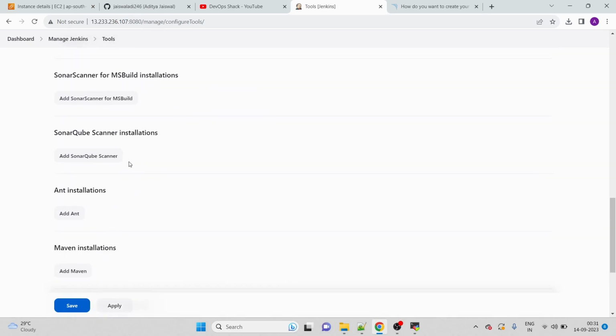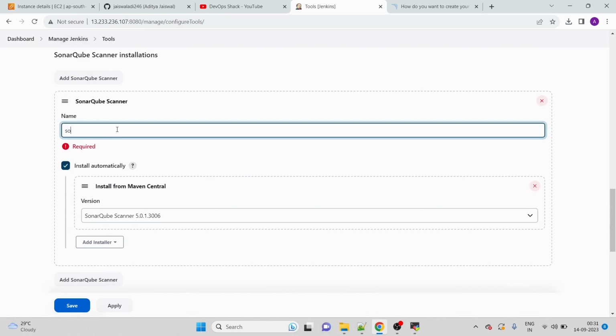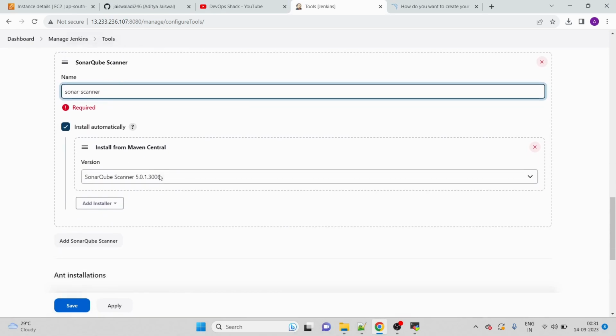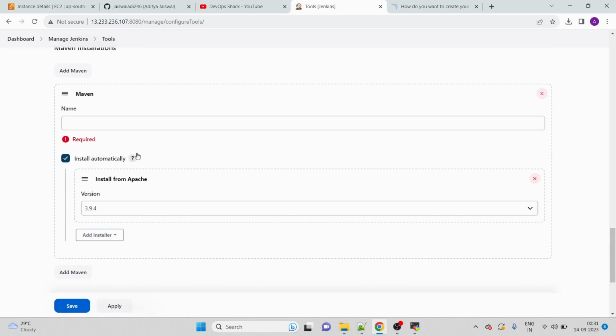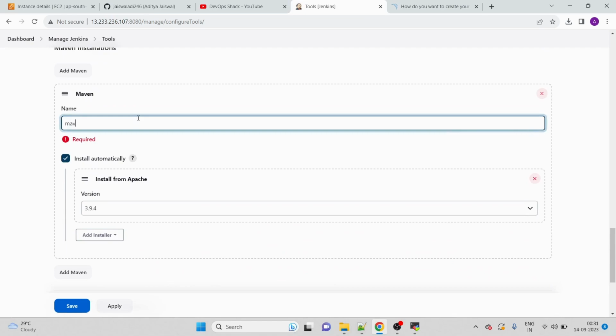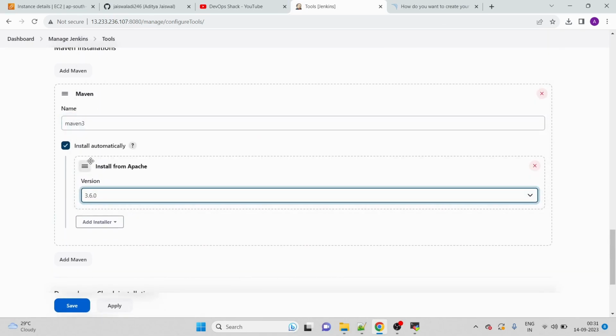Scroll down, and here we have SonarQube scanner installation. So let's just provide a name as sonar-scanner. Okay, and version, let it be latest, no issues. Then we have Maven. Since we are going to use Maven, we will just provide a name as Maven 3, and the version I want to use is 3.6.0. Okay,